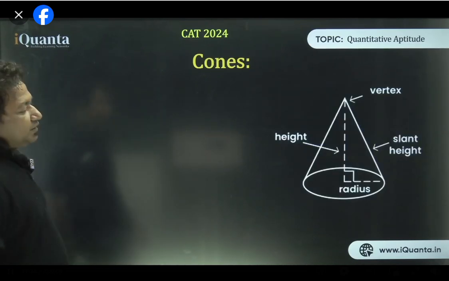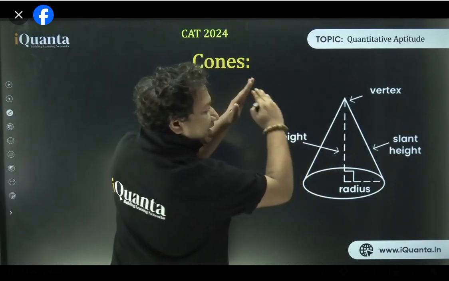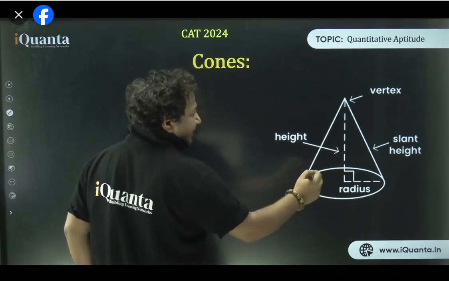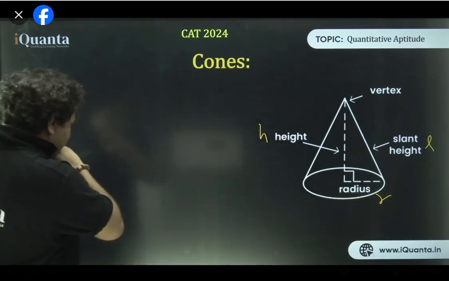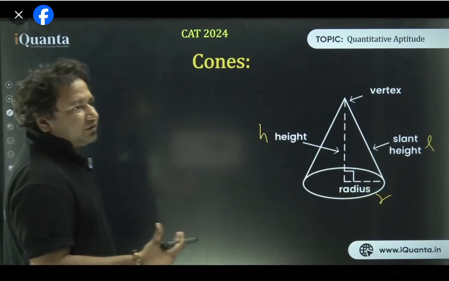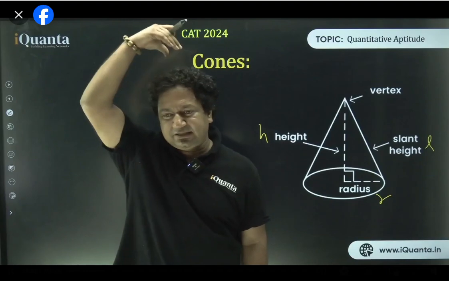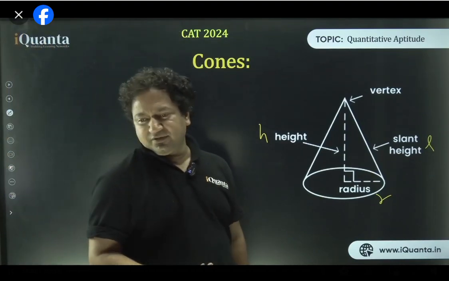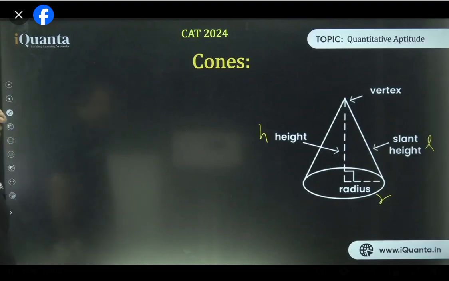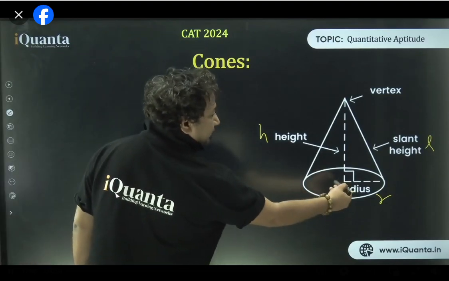This is cone. So in this cone, the curved surface area in itself is a triangular form. Let me call the slant height L, the height H, and the radius R. Now what's going to happen? You must have seen Christmas caps, birthday caps. It fits on your head, isn't it? Arthi, no need to memorize the formula, but you can derive the formula when you want. It's common sense, right? In that case, we don't have a bottom.